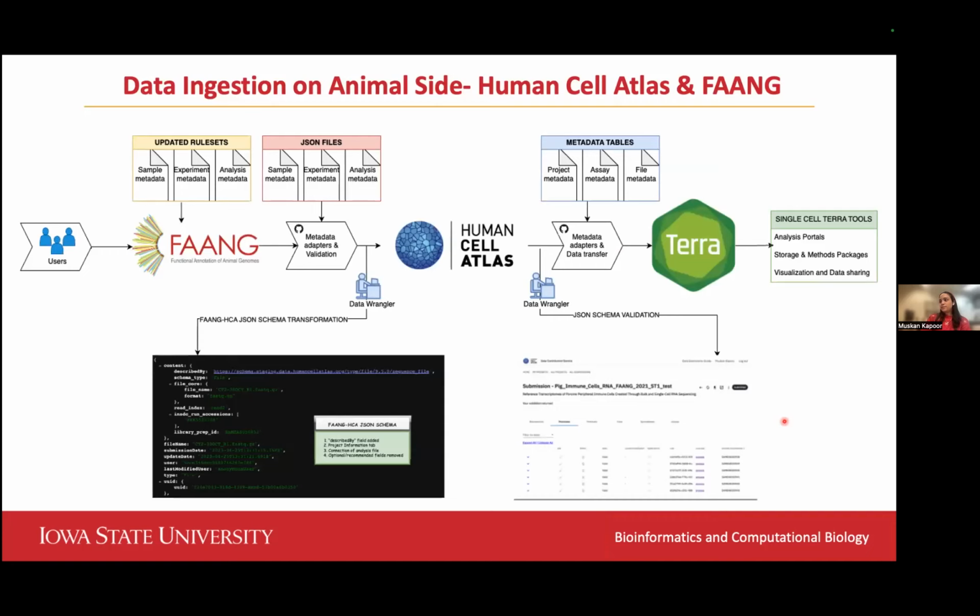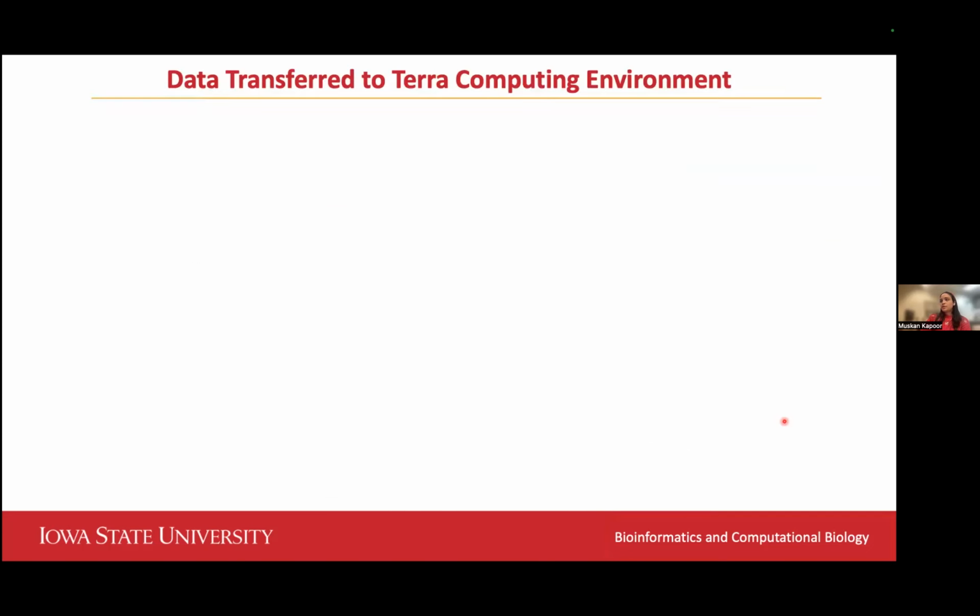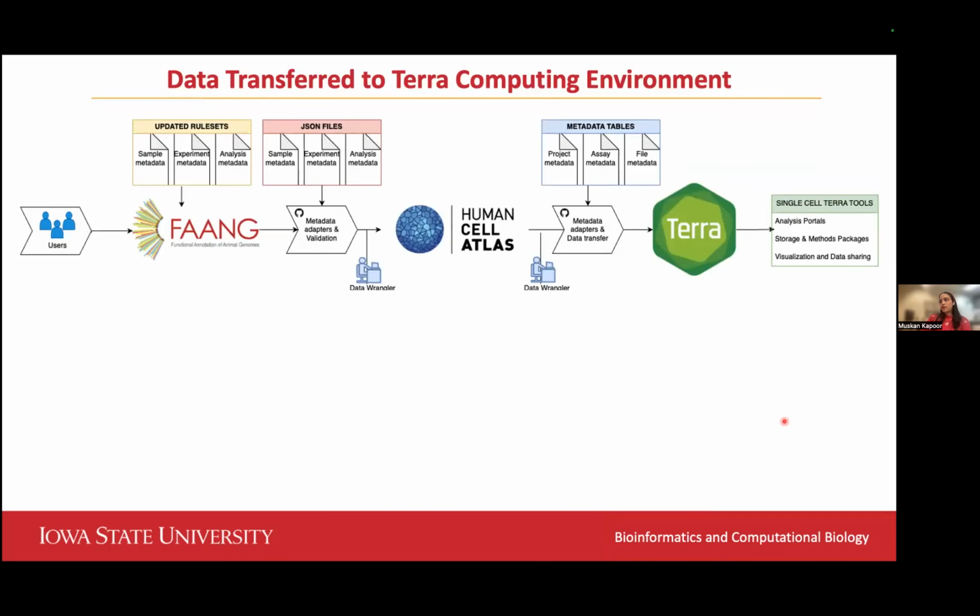Next is, once the data is shown in the HCA DCP ingestion service, the next step was to transfer the data to the Terra computing environment. In Terra, you can have various analysis portals, storage and method packages, and visualization and data sharing platforms. So once the data is transferred to the Terra environment,